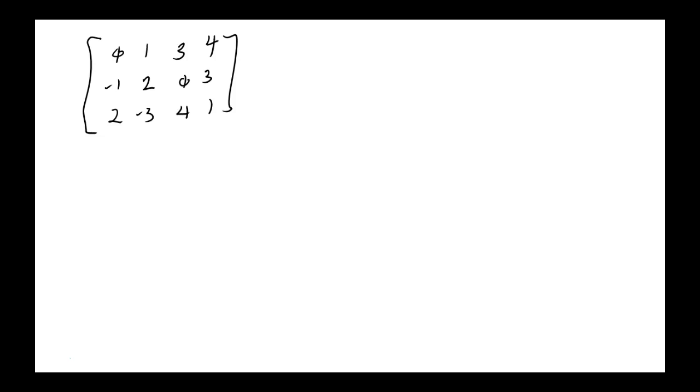They were suggesting just exchanging these two rows. Doesn't give you a 1 up here, but it gives you a minus 1, and then it's really easy to change that to 1 by negating the term up there. So that's what they were suggesting. Now, I wish we had time. I would check and see if both of those are equivalent. I think they are. And I think you could do what you said, but what the book wants you to do is the other. So I'm going to do, according to the book, row 1 and row 2 interchange. So what would be the result of that row operation?